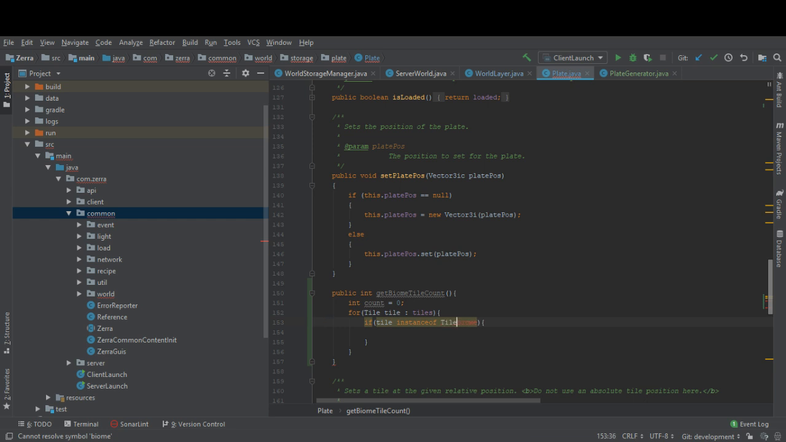We're just going to do tile biome of biome tile. I think I'll make it biome component for now. We're then going to do count plus plus, and we're going to return the counts we have over here. So we're going to create the class biome component within world